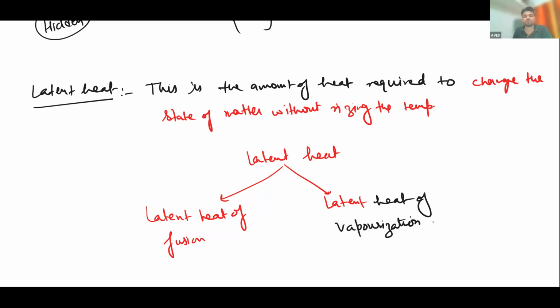Tell me then, what is latent heat? The word latent means hidden. Hidden heat. Why am I saying this is hidden heat? In the case of polythene, we are just boiling the water. It is changing state, it is changing to gas. Why is the polythene not burning? Because of the water present inside it. The heat you are supplying is going into the water, and it is changing its state into gas, and it will not allow the temperature to rise.